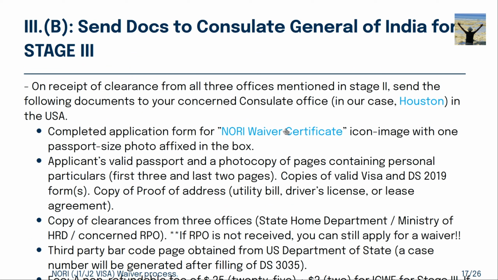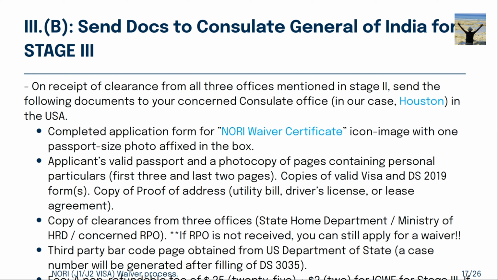These things you can get from the website. I'm just showing the link, and I will put this link into the comment section. And then a passport photocopy of pages, whatever you had sent in the first stage, everything you'll have to send again, and a copy of the affidavit. Those documents are not required because you have already notified and got attested, and as well as you have got the clearance from the Indian centers like the passport office, home department, as well as the